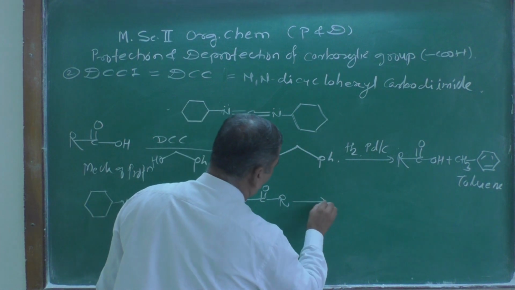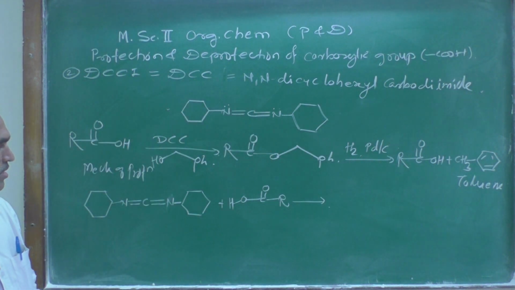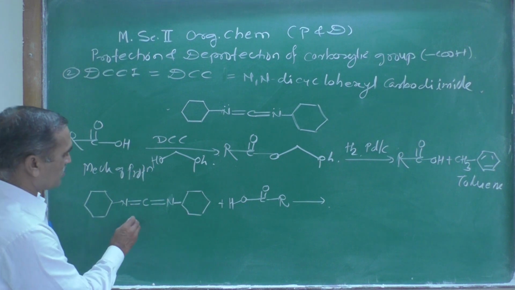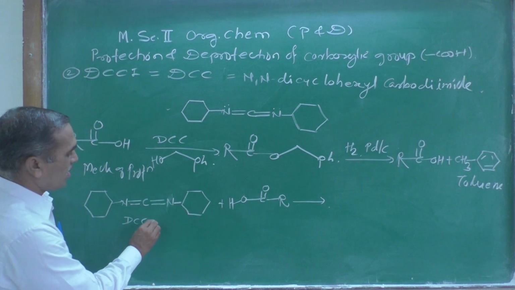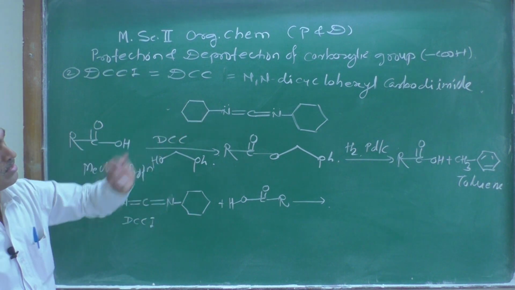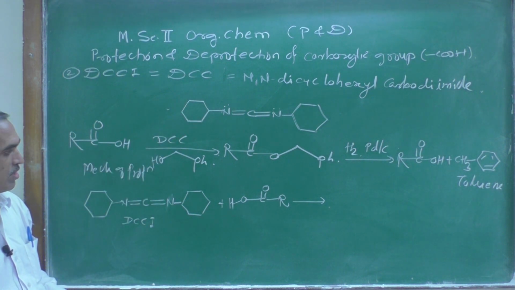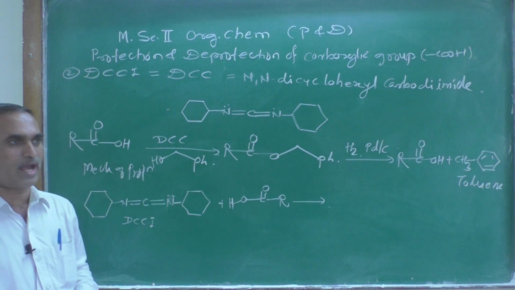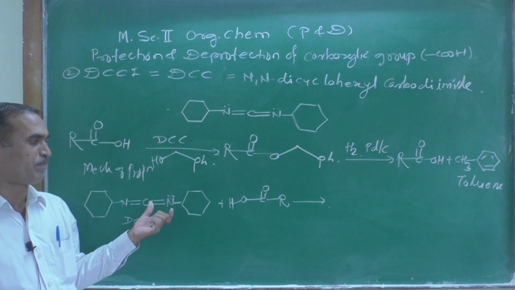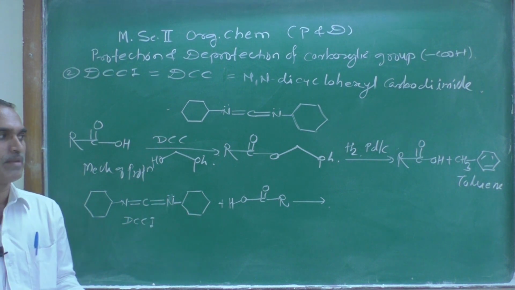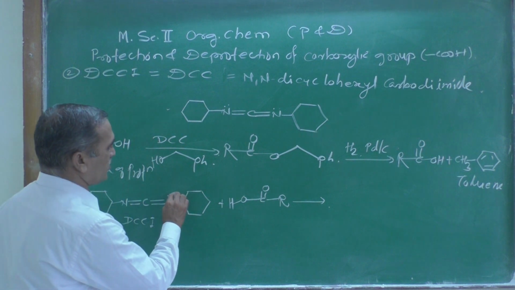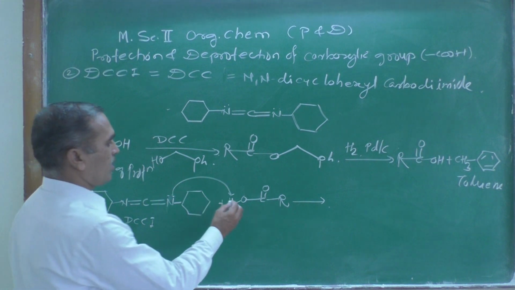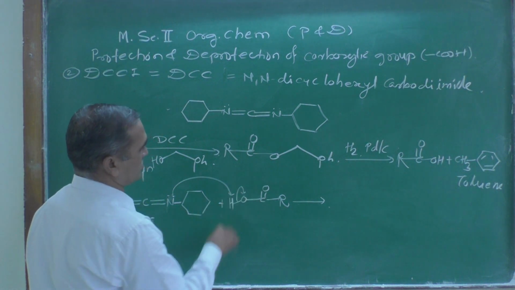Now what is going to happen next here? Look, observe this structure carefully. This is the structure of DCC, meaning N,N'-dicyclohexylcarbodiimide. Now, as we know, the nitrogen atom contains a lone pair, and it is capable of abstracting the highly acidic proton from the acid, and then the negative charge